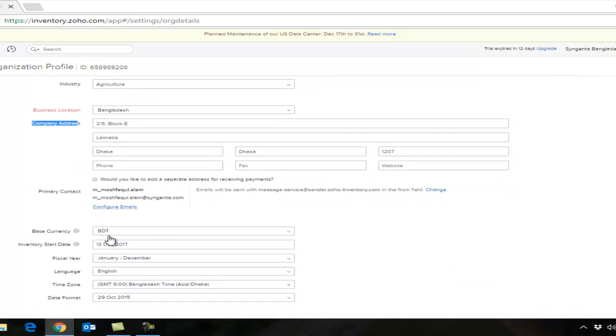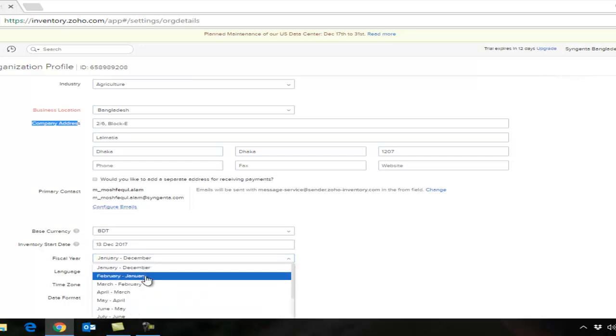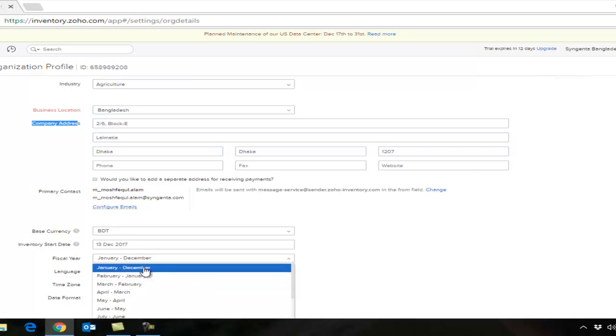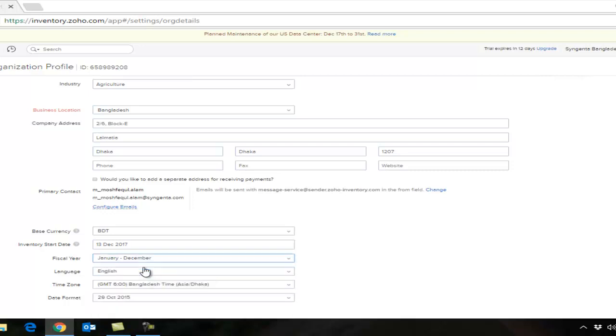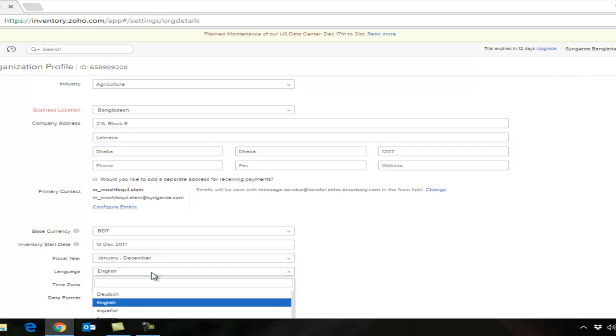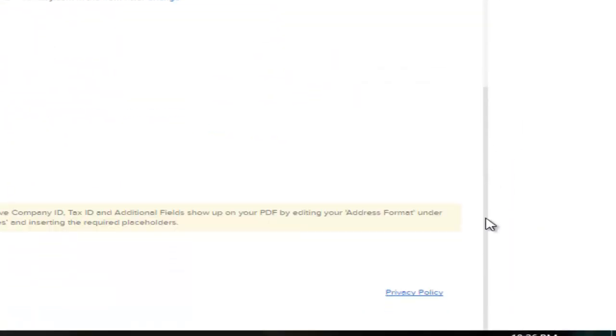And also the currency: select your base currency, and the date from which inventory starts. That is very important for starting your software. This is the fiscal year, and there are different fiscal year options, such as month to month and year to year. Based on your company policy you select one. What language do you prefer? There are many languages, so you can choose your preferred language. I think it is English, right? Select English. Okay,